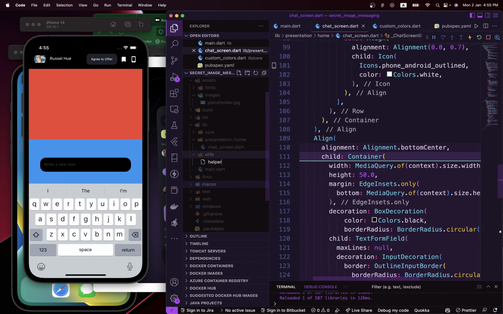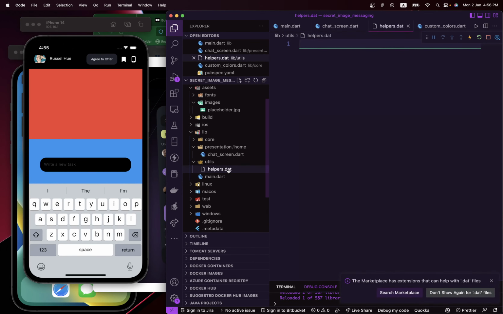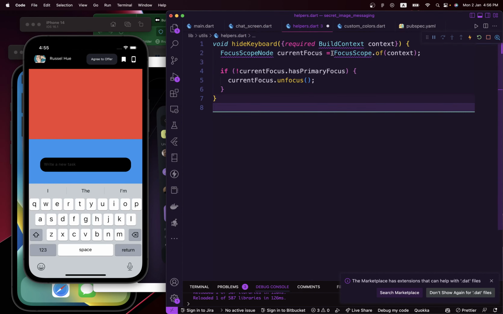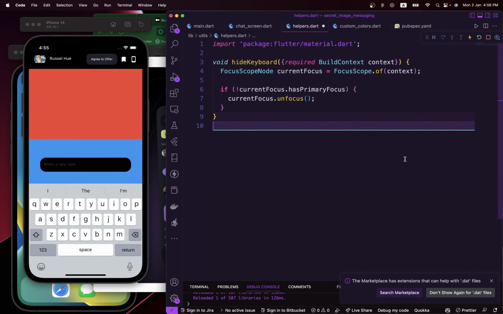Call this helpers dot not this. There's no extension for that. It should be that. Yeah, and then paste this in here. So this is the code I'm talking about. Import material, then copy this code, hide keyboard,